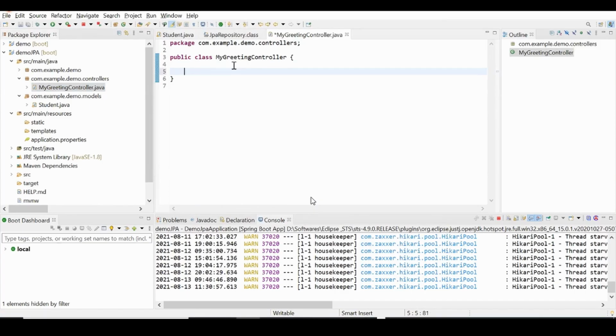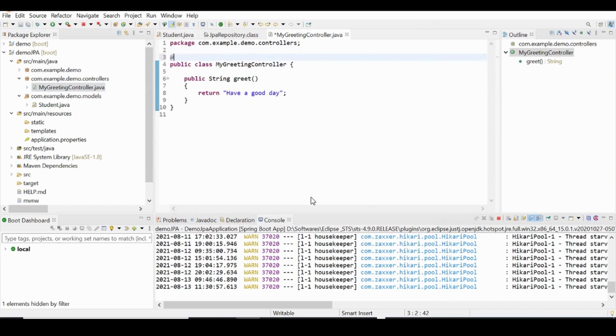I'll be specifying here a public string greet method, which is going to just return "Have a good day." Now this is going to get me this value returned if I just make it as a